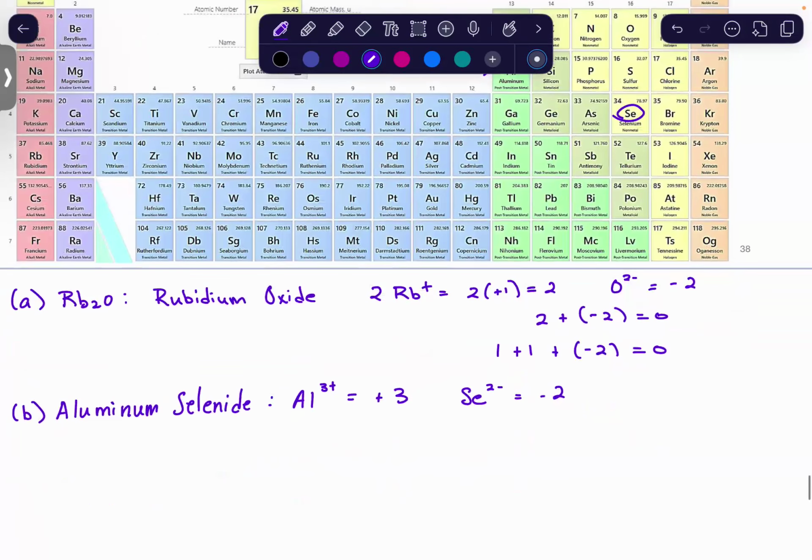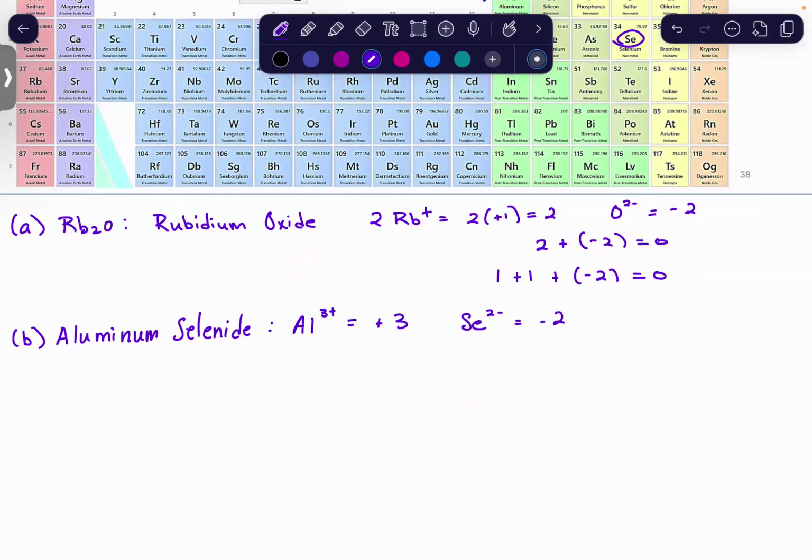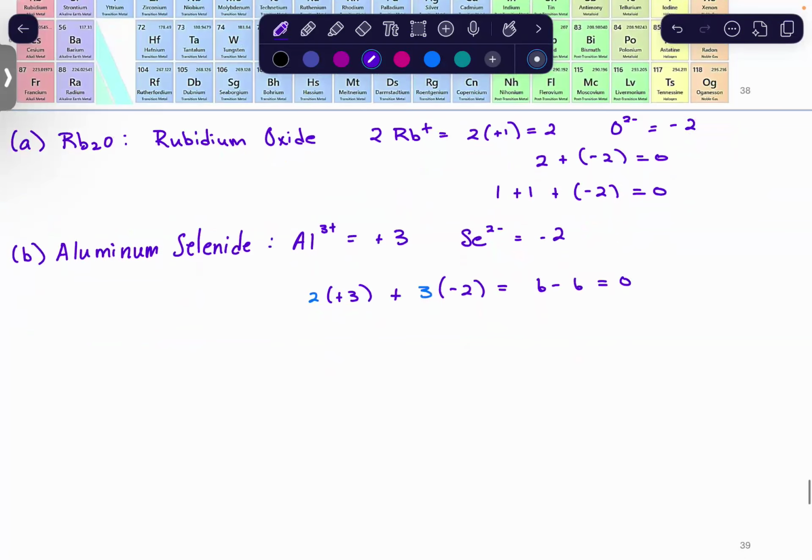Okay, so here I have aluminum at a +3, selenide at a -2. Okay, well, how do I, again, this is going to be lowest common multiple. So I can make both of these meet at 6. Okay, so if I do 2 times aluminum's +3 plus 3 times selenide's -2, that's going to give me 6 minus 6, or 0. So what I need, and I did that 2 and 3 in a different color, so you can see what I need